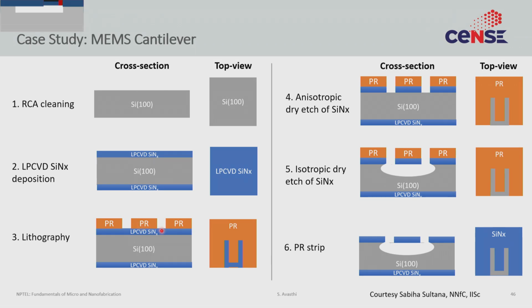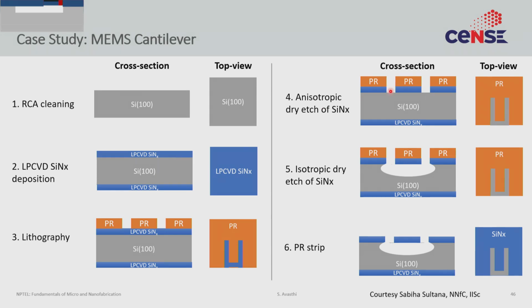The exposed silicon nitride can now be etched. So after this, you would do a dry etch. So this would be in plasma. I think the dry etch is being covered in the next module or in the module before this. I don't exactly remember, but you will get to dry etch at some point. Just take my word for it that we'll do the dry etch. So when you do the dry etch, the silicon nitride gets etched.